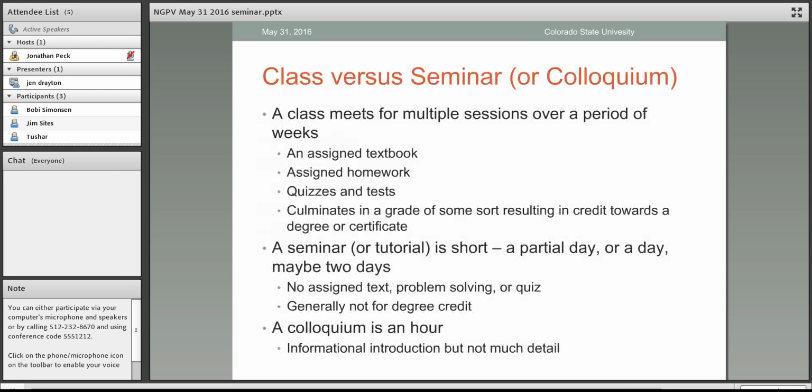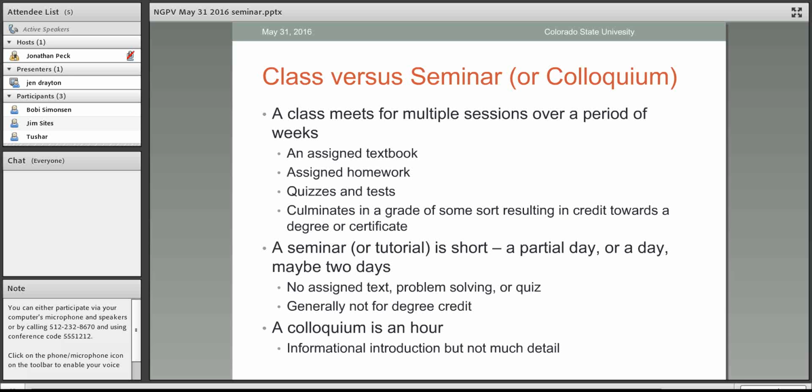when you're teaching. So when I talk about a class versus a seminar or a colloquium, a class, as I think of it, meets for multiple sessions over a period of weeks. There's an assigned textbook or textbooks with assigned reading. You have assigned homework problems. There are quizzes and tests, and the whole thing culminates in a grade of some sort, resulting in credit towards